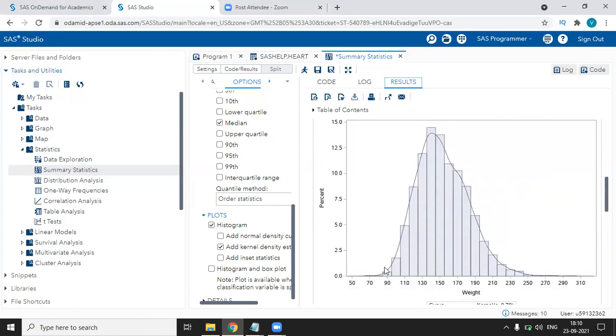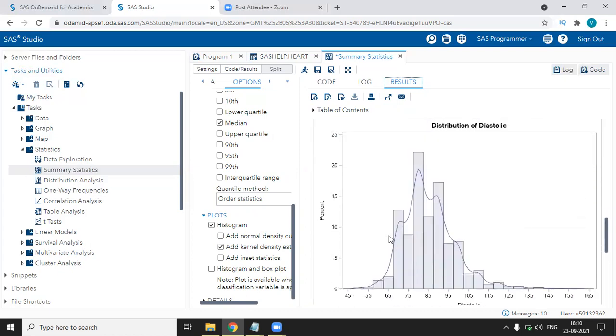Scroll down, you can see that this graph is adjusted to the histogram, not like the symmetric curve as a normal curve. You can see as the histogram goes upward, the kernel density will go up and down according to the histogram. This is the difference between the kernel density and a normal curve.